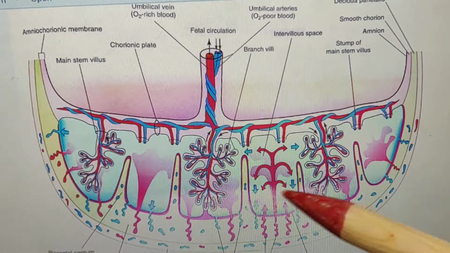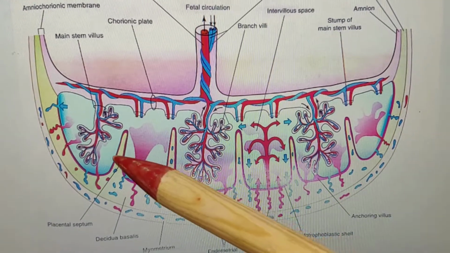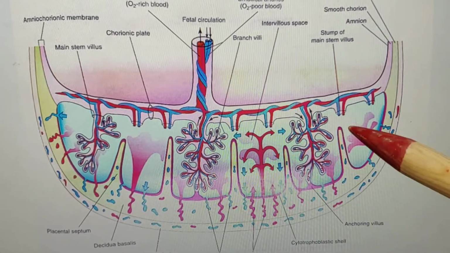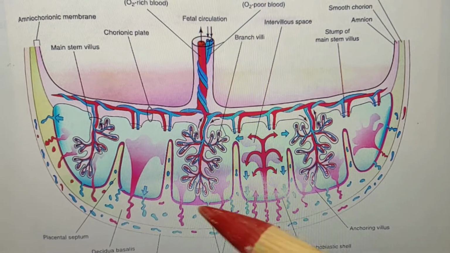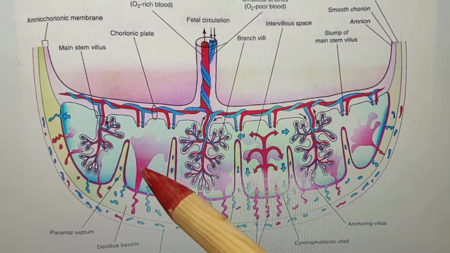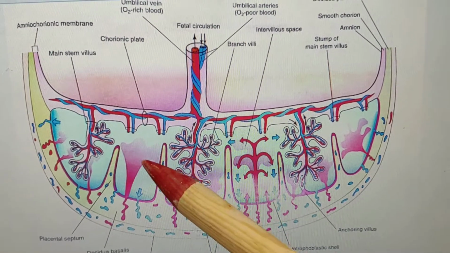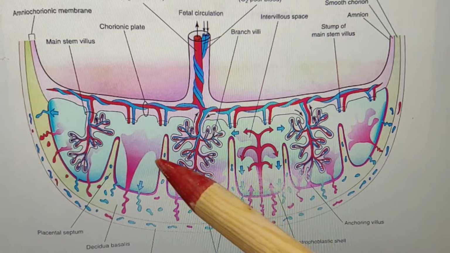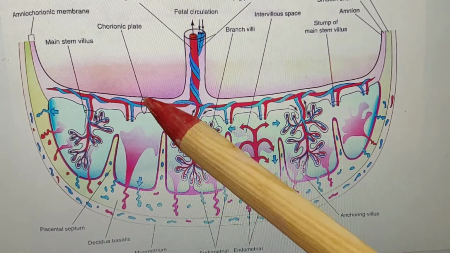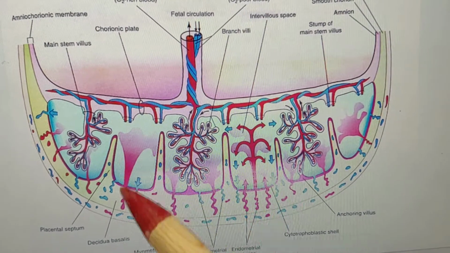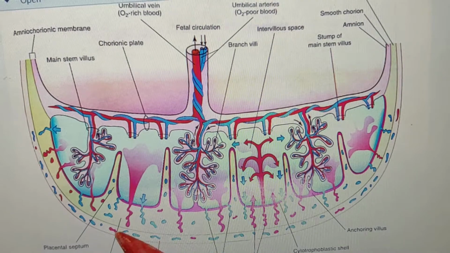So these are the septa. In this diagram, in this chart, we see the 1, 2, 3, 4 and 5 septa. These are the placental septa. Now the intervillous space. Now see this space where the villi have been removed. These represent the intervillous space, and this intervillous space is filled by the maternal blood.